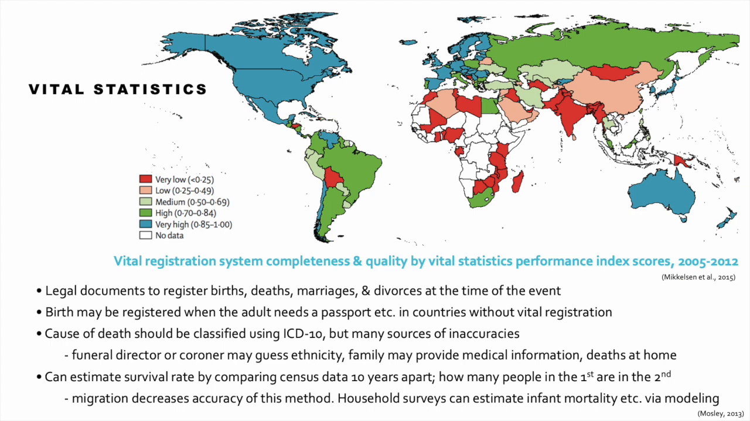Vital registration systems are one of the important sources of data used in epidemiology. This map shows vital registration system completeness and quality by Vital Statistics Performance Index scores from 2005 to 2012. This is a little bit old, but I looked it up and it really hasn't changed that much in recent years. You can see a lot of the countries in sub-Saharan Africa don't have vital statistics because they don't have